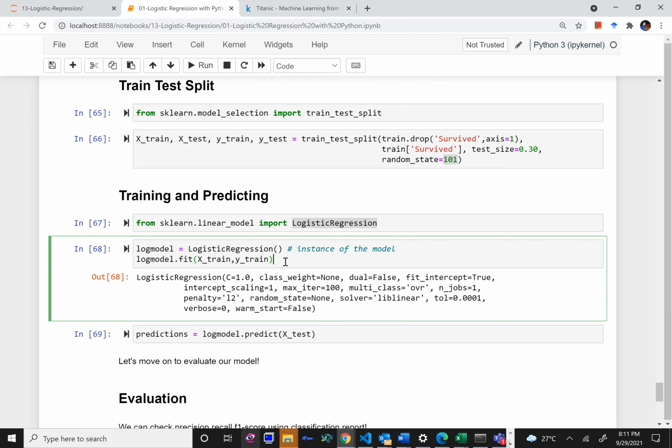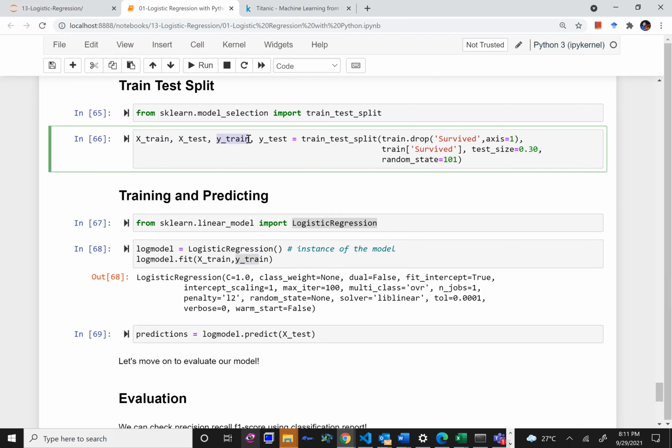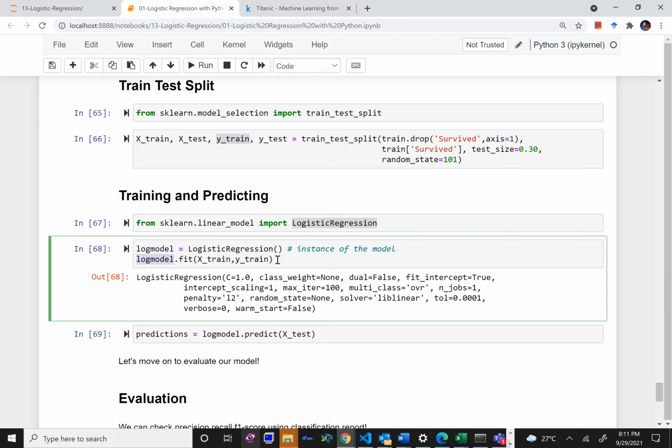Now I want to fit this model on my data set. Fit means I'm giving the command, okay, you go and learn from my data set. So I'm fitting it on x_train and y_train. Whatever 70% of x_train and y_train I have created, my model is learning from that data only, so it means learn from the training data split.